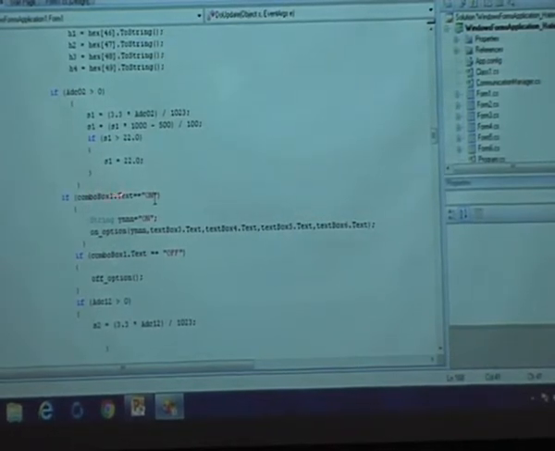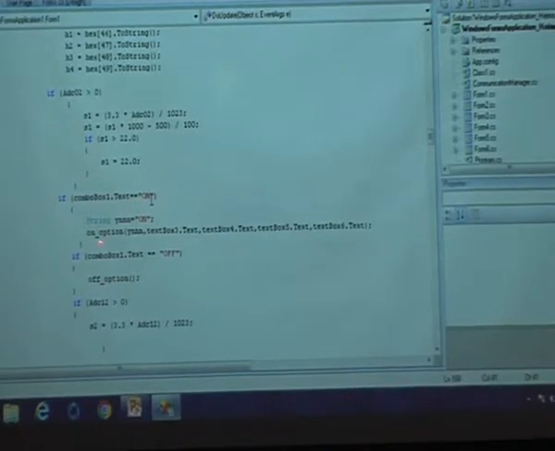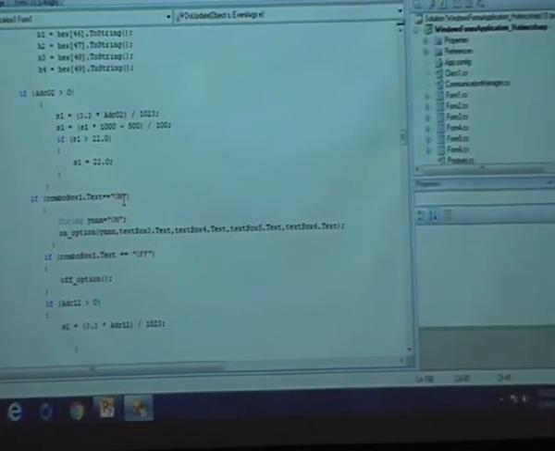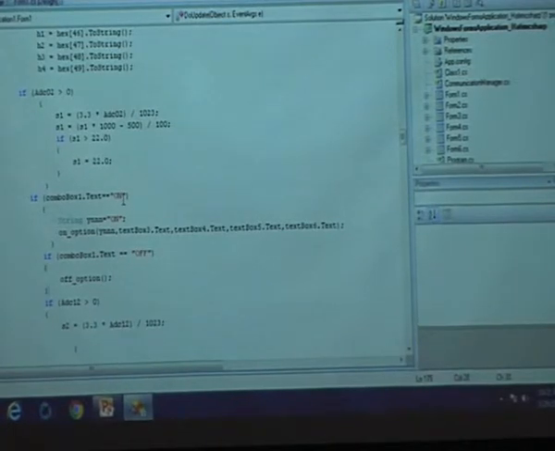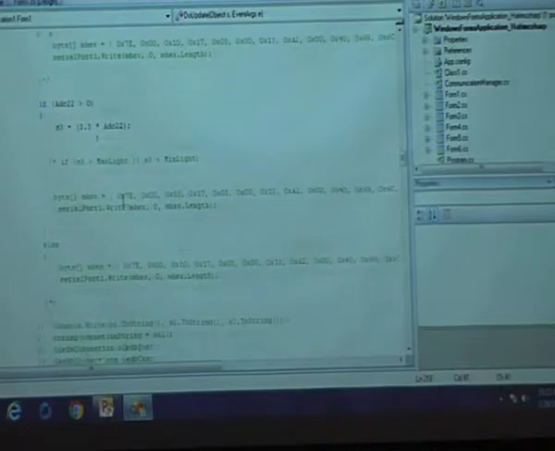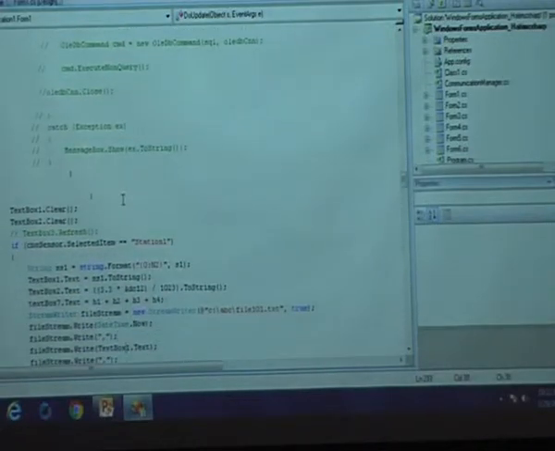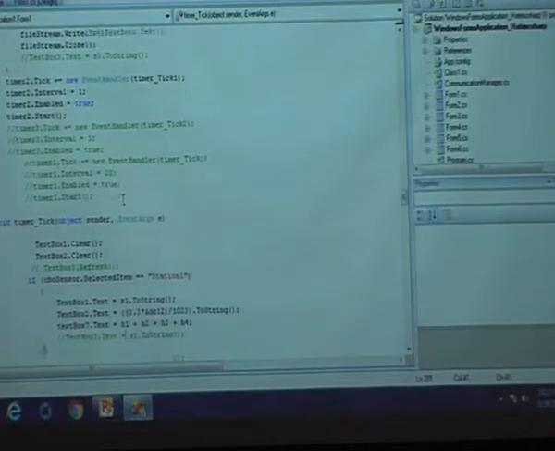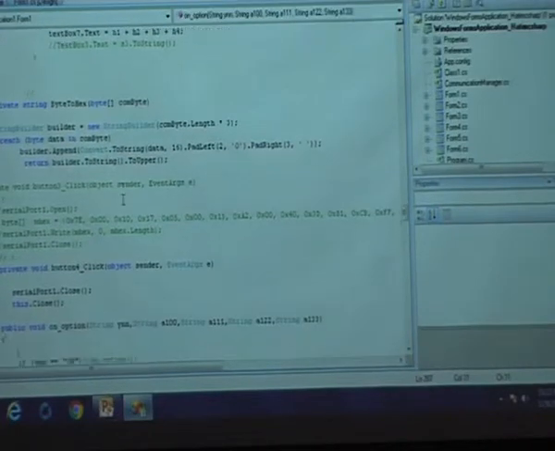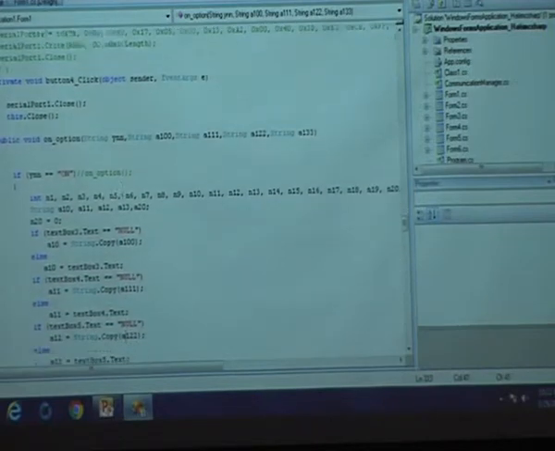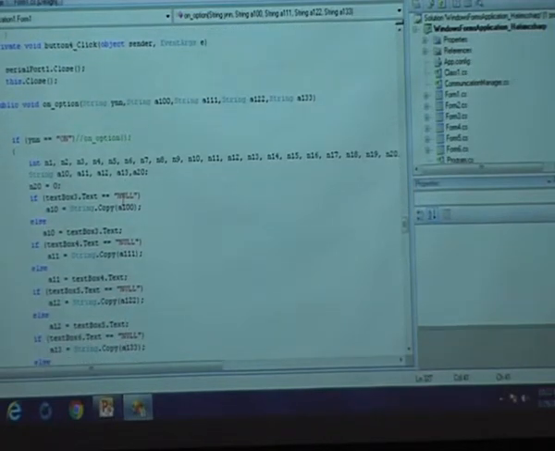What is meant by on option? On option is another function which you have written here. That is a function which I have written. What is that on option function doing? So this is the on option function. Look here, what that on option function is trying to do: if the value is on, then get the corresponding text box values into temporary variables 1, 2, 3, 4, and those temporary variables 1, 2, 3, 4 are set with the values,